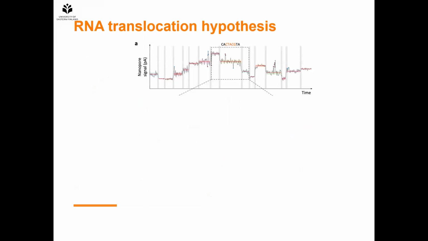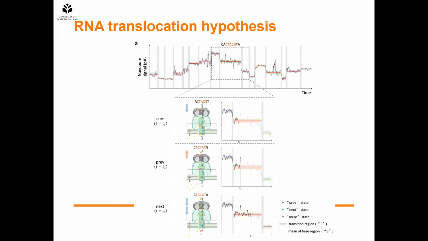And but then when we look at the data, it's not like that. So we can see there are some outliers like this one and this one. So we are questioning, okay, what are these outliers? And then we find, hey, maybe the RNA is not going through the pore in a linear fashion, because